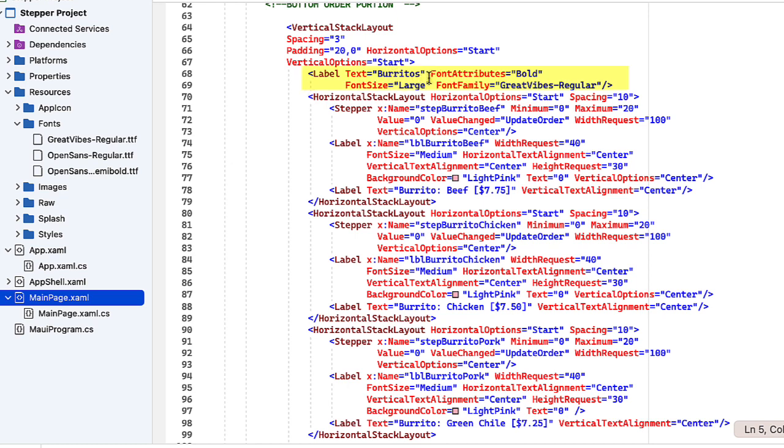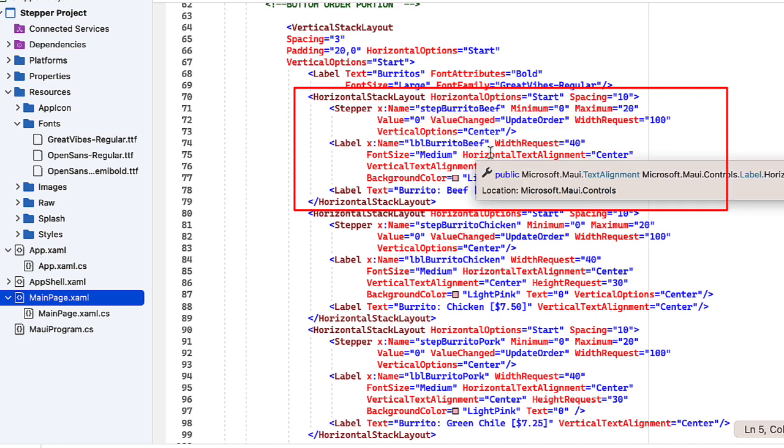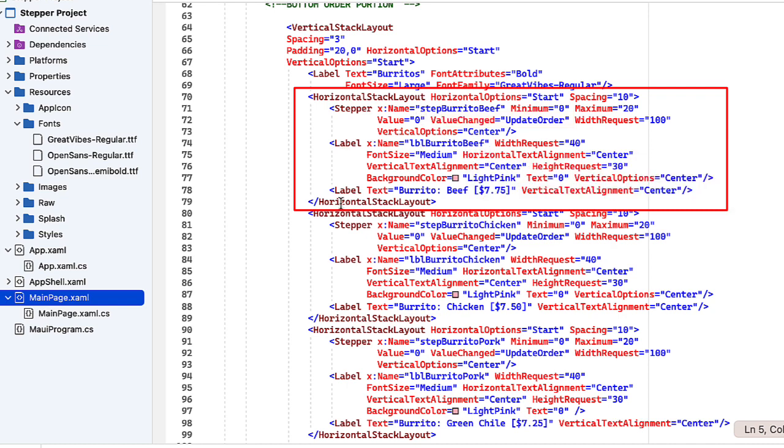Then I have a label with the word Burritos. I'm going to use that Great Vibes regular font again, but this time the font size is large. Horizontal stack layout is the next one. It contains the stepper, which I named StepBurritoBeef. A label, lblBurritoBeef, that's going to show the value of the stepper. And then a label that just simply shows the text of what that is. Burrito Beef, $7.75. Duplicated that for